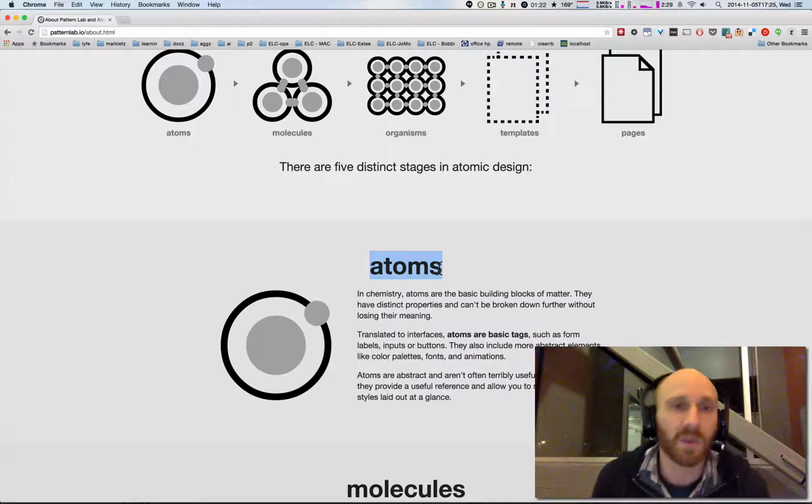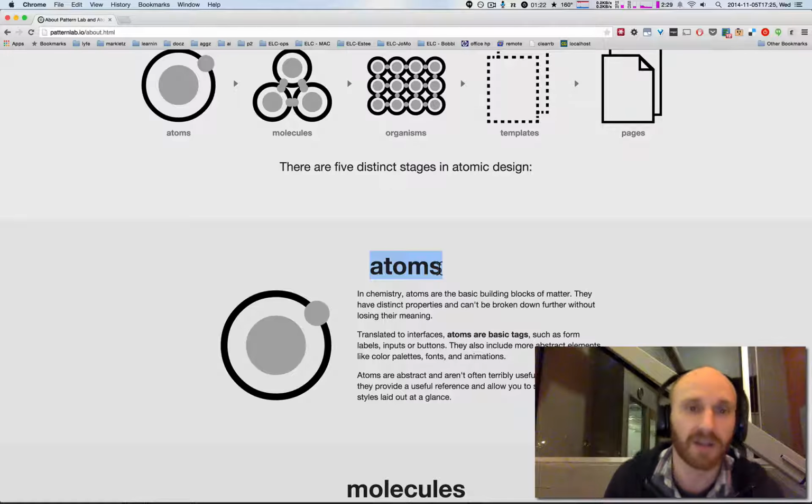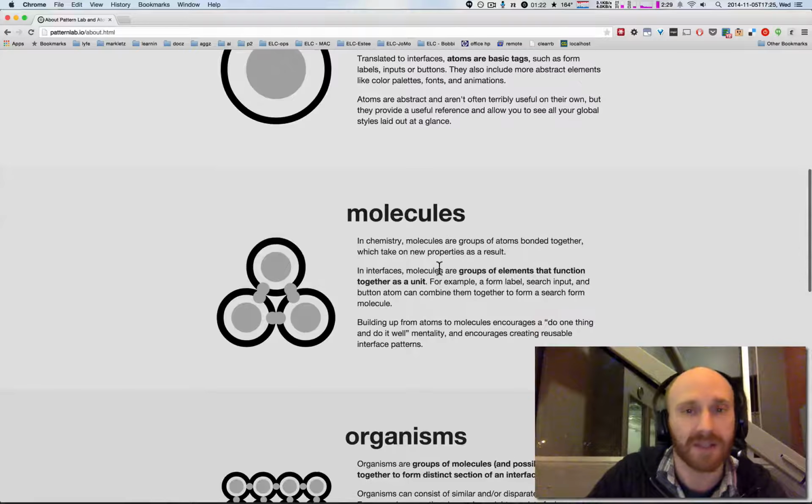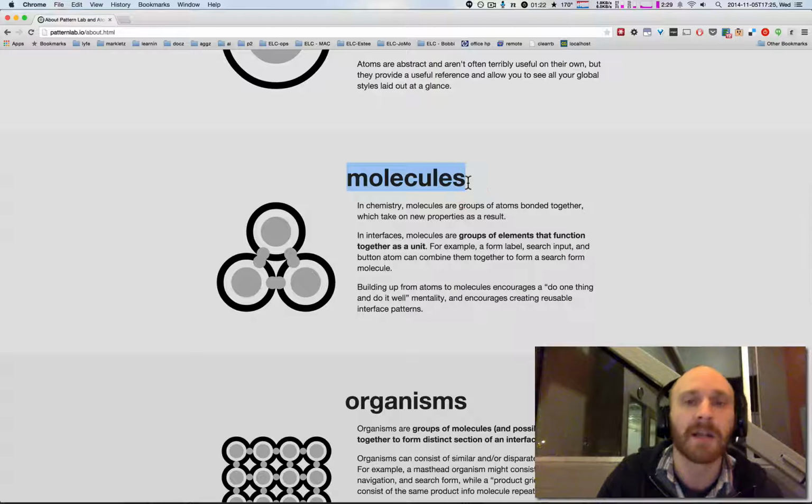These decisions that we make at this point, like how much margin at the bottom of a paragraph, what are the rounded corners on the buttons that we use throughout the site. We define them here in atoms so that when we use atoms later on, they've all got a consistent behavior. We combine atoms together into molecules, and I talked about this in the podcast,